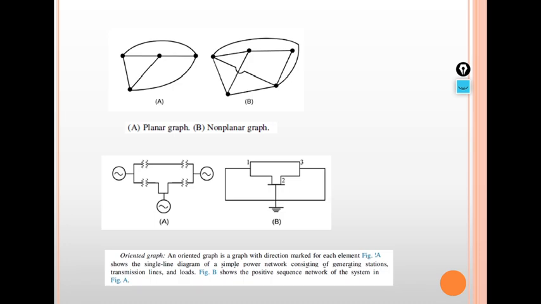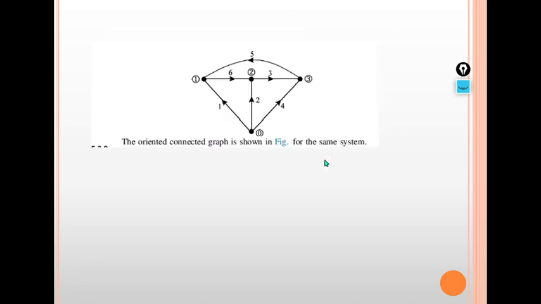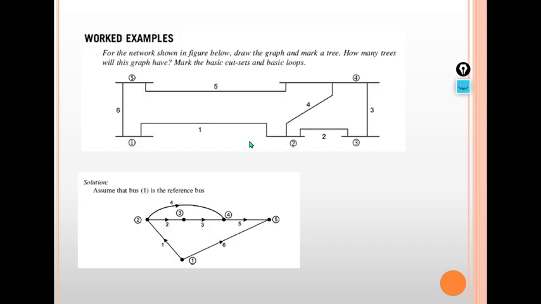1, 2, 3 buses are present, so we can take 3 nodes and draw the graph. Here you can see 3 nodes, 1, 2, 3, and the 0 node is also taken. If I draw it here, you can understand. Here you can see 1 bus, 2 bus, 3 bus, 4 bus and 5 bus. These 5 buses are present, so we can take them as 5 nodes: 1, 2, 3, 4, 5.